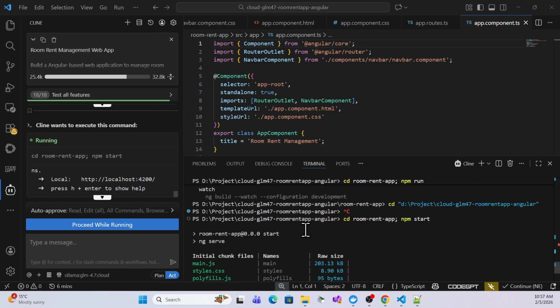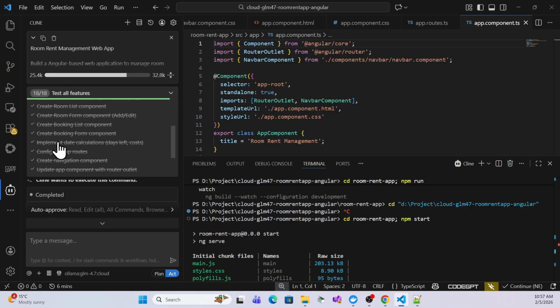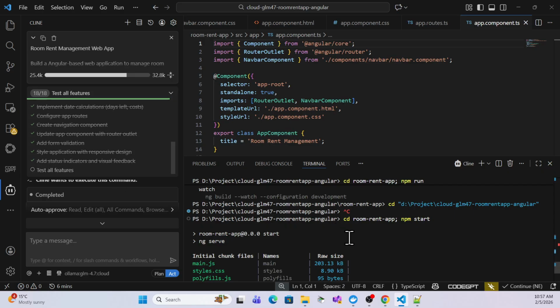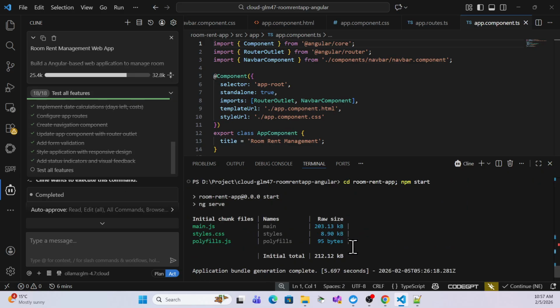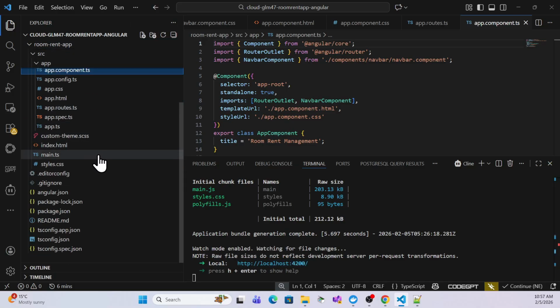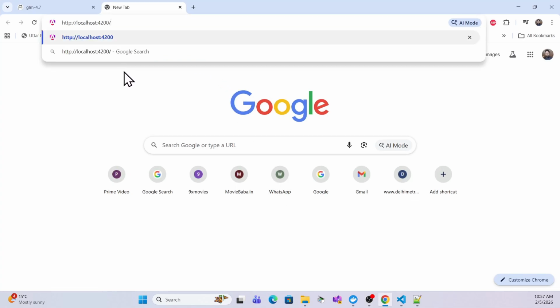So yeah, I think they faced some issues, but they just completed. And if I look at the test features, all those steps are completed except the test features, because I don't think they are able to test. But yeah, let me try to test. So let me copy this URL, and also we can see all the application files, and it thinks everything is created. And if I just open a browser and open it over here,